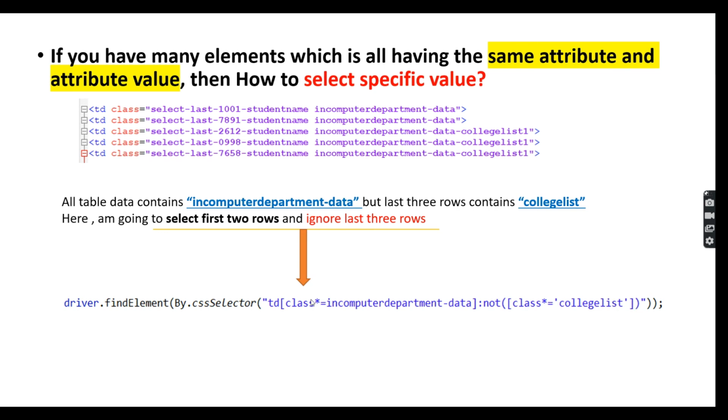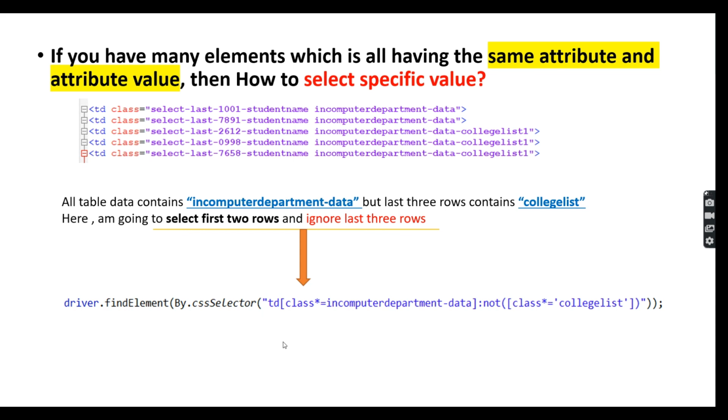So notice clearly, it will select only the computer department data rows. At the same time, it will ignore the rows that contain college list. This is the structure we follow for selecting a specific value. If all the attributes have the same attribute value and you want to select a specific value, you can use this format in a CSS selector.